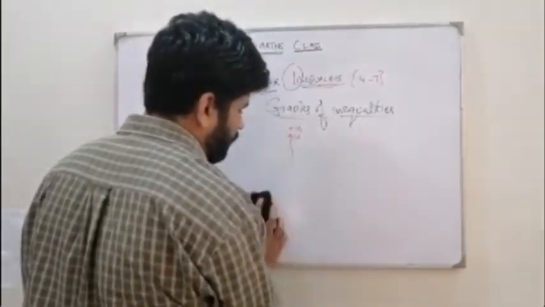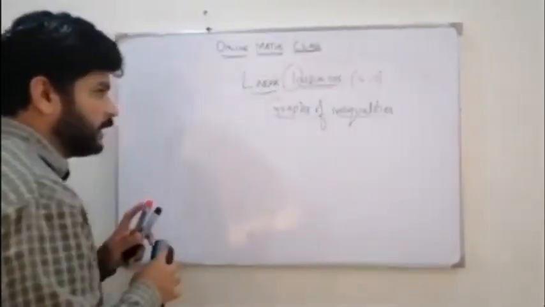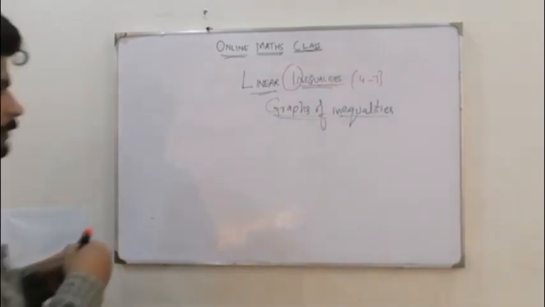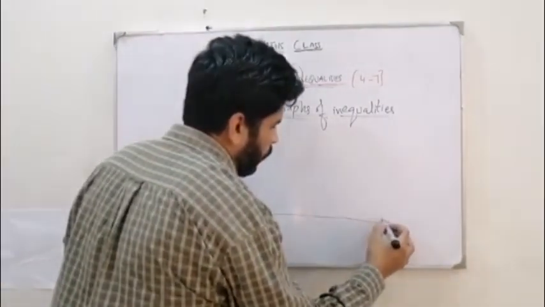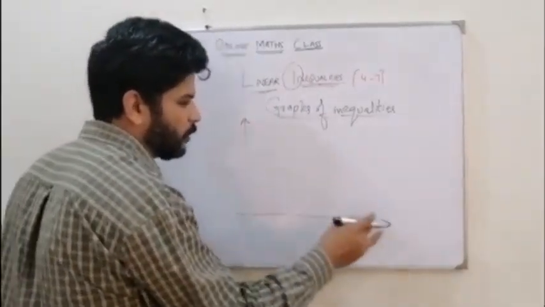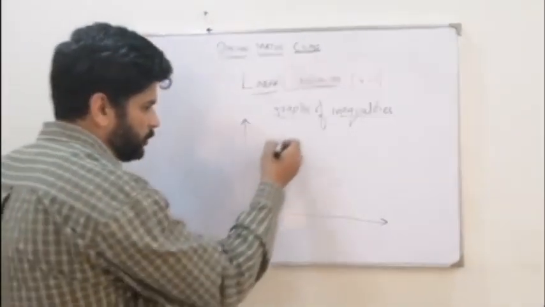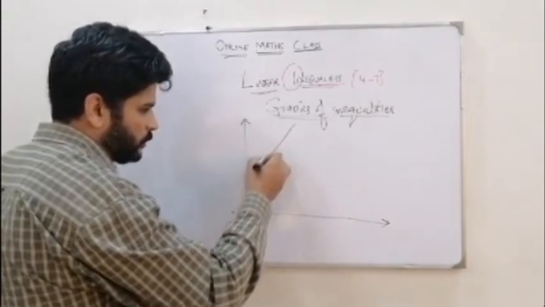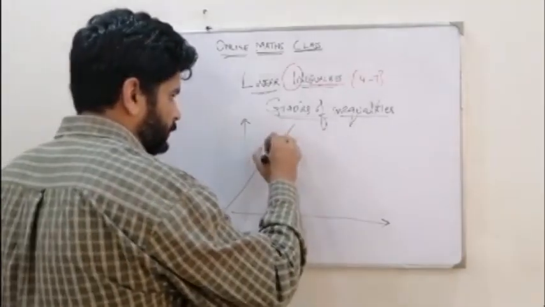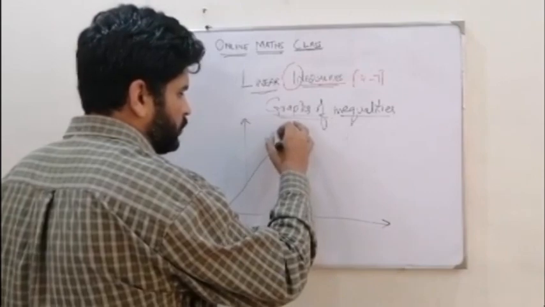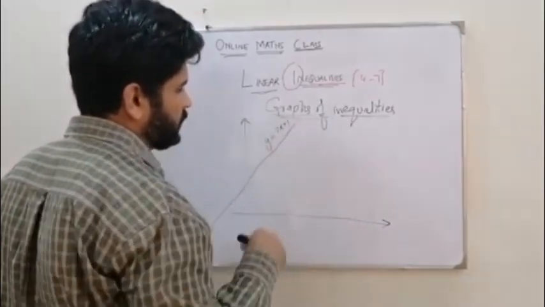So let's have a question of this inequality graph. For example, we have a question here. Although the equation making, I am going to explain it in the coordinate geometry, so I am not going to explain the question of equation making. This is the equation which is known as y is equal to 2x plus 1. This is the equation of this line.